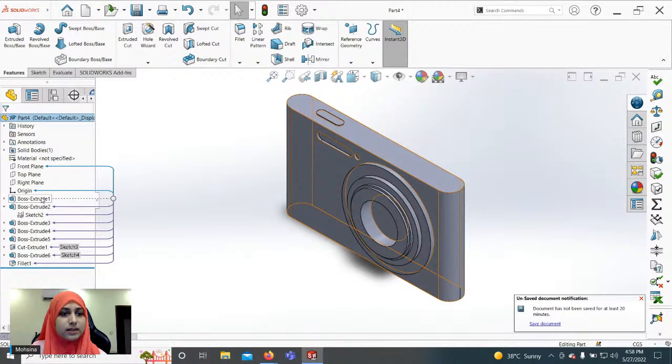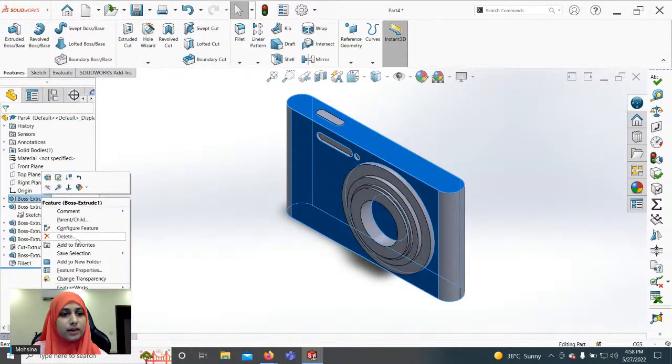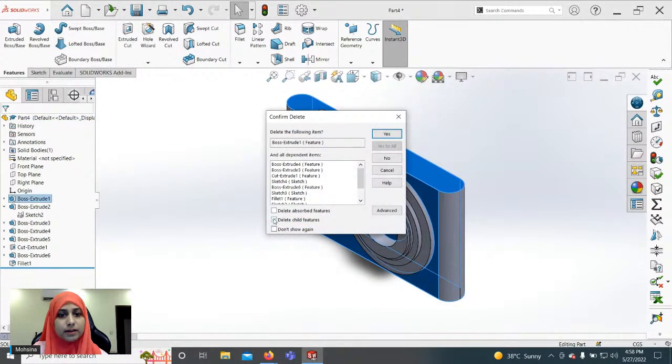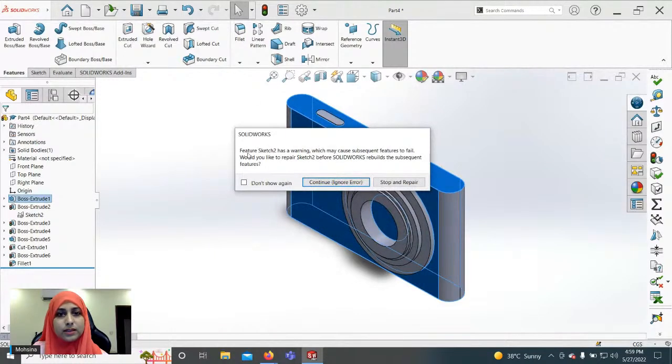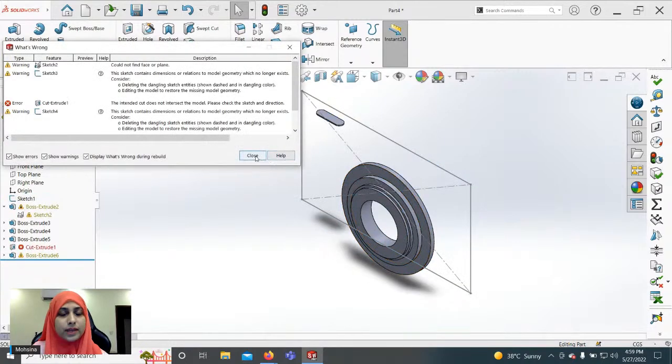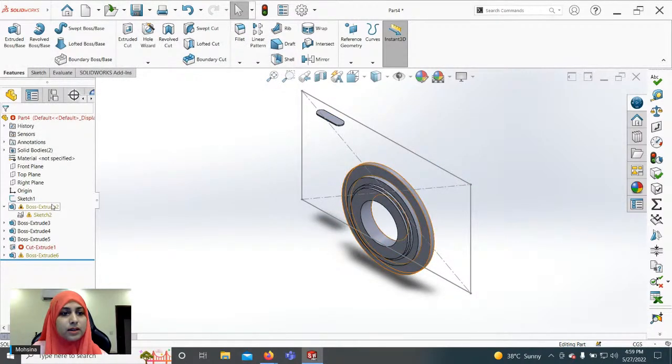So as you can see, all the features are created on Boss Extrude 1. What happens if we try to delete Boss Extrude 1? Let's right click on it, delete it, and click on yes. And you can see that a warning has been created. Let's ignore the warning. Another warning has been created, and you can see that there are so many warnings and errors that have popped up.